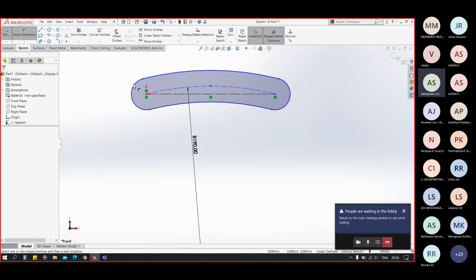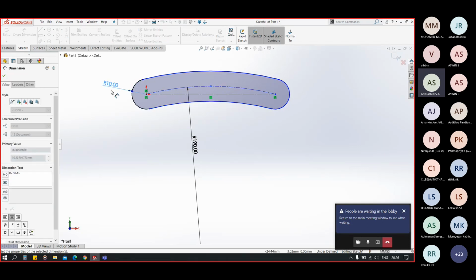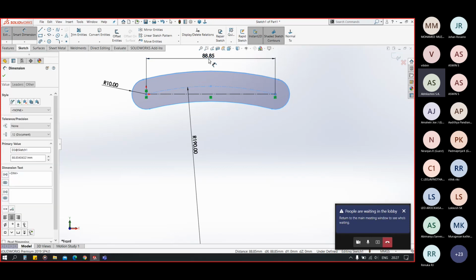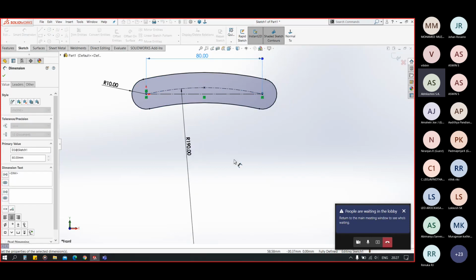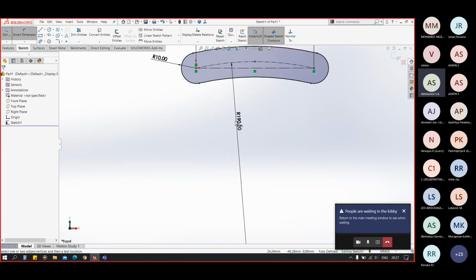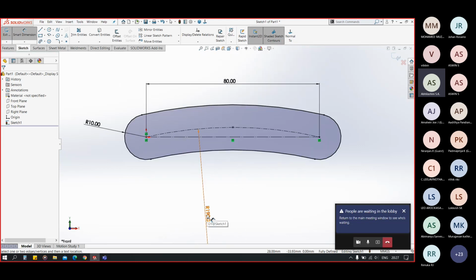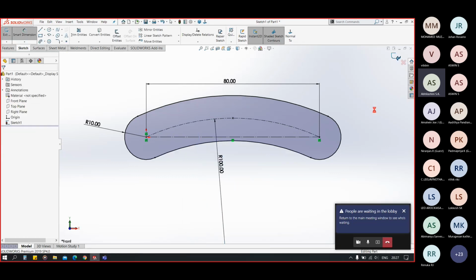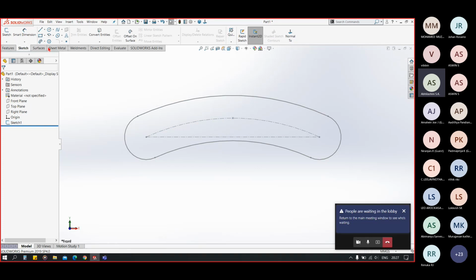Now I am giving the radius value to it, and now I will give the slot length from origin. You can see we have our sketch completed in a fully defined state. Similarly to this, we can go for rectangle, arc, ellipse, circle, spline, polygons, lines, and all.